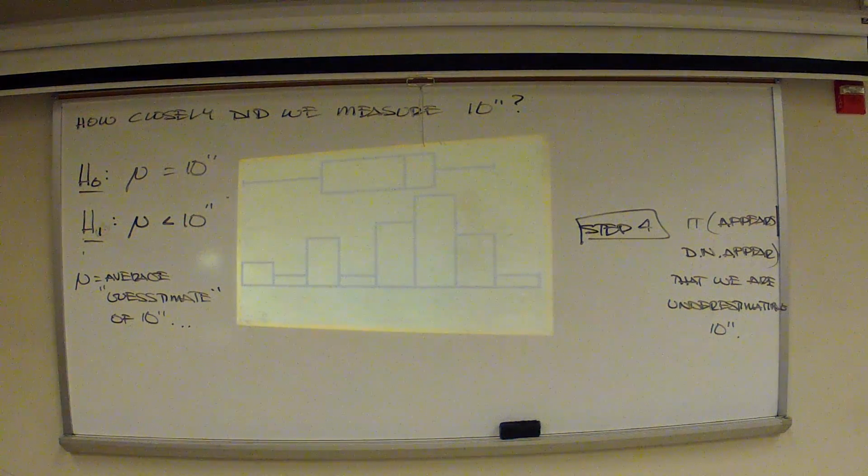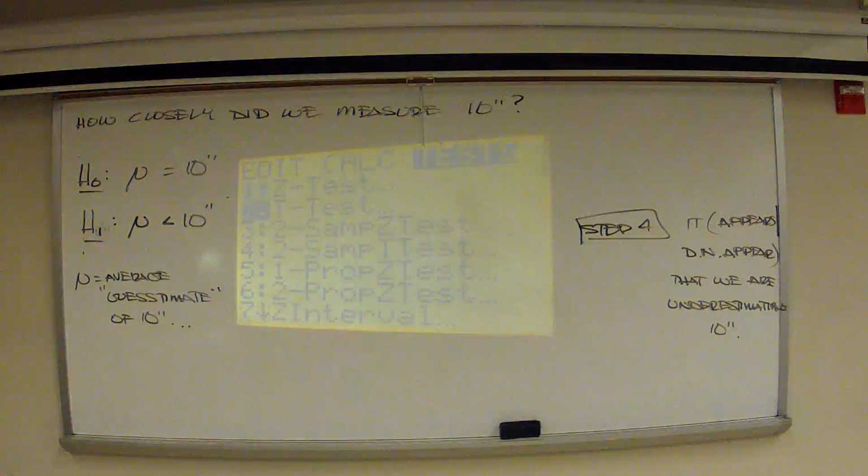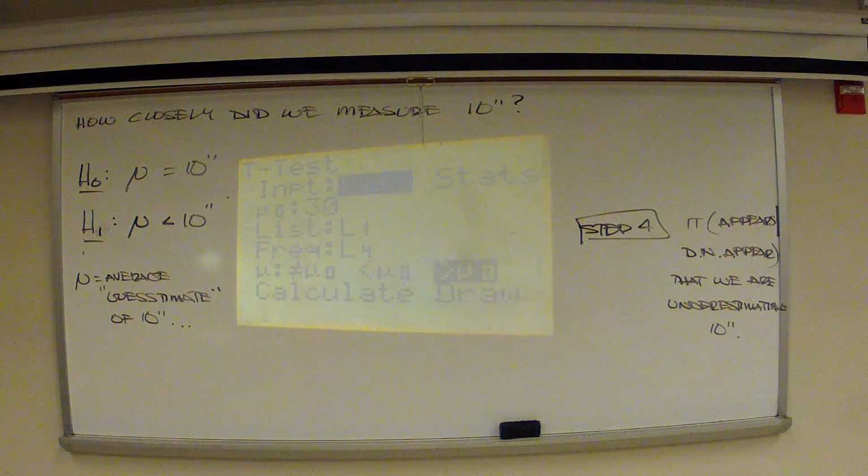It's right there on t-test. We have data. We have a null mu value of 10 that we're testing against to see if we're close to it or not. Just make sure you put your data in where your data is, L1 and L2 in my case. And then make sure you get the sign correct.